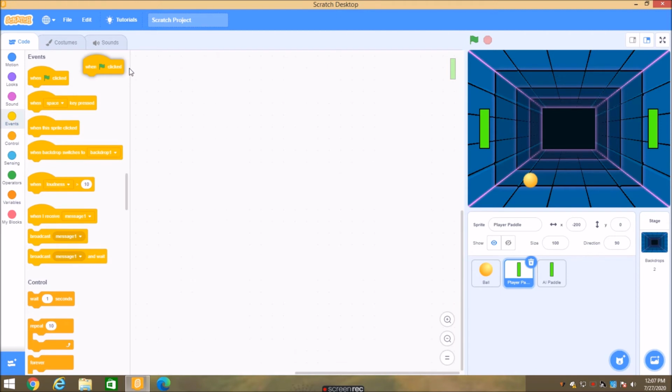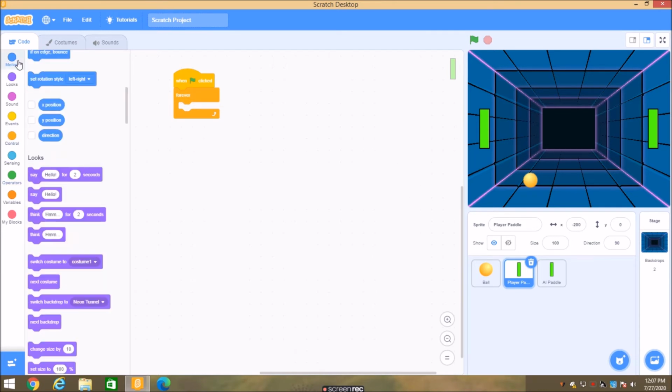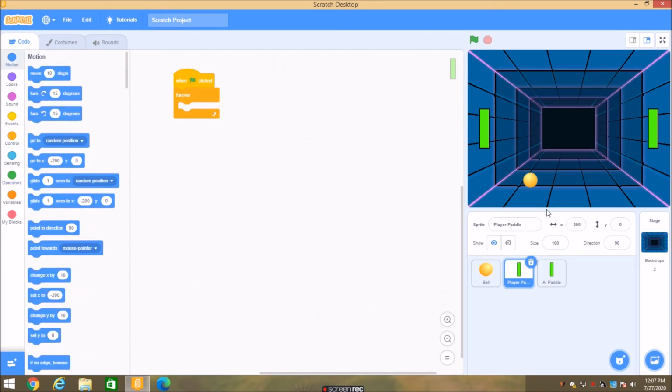Just grab a when flag clicked, forever loop, because we want the movement to repeat itself, and go to the motions, and here remember we want to change its y-axis. We want it to go up and down, not right and left, and for that vertical axis it is the y-axis.